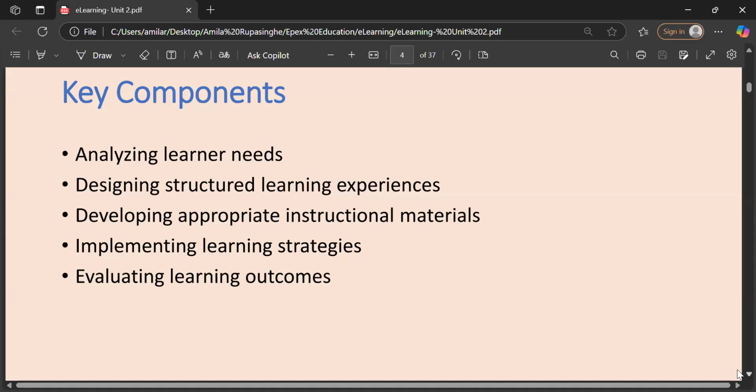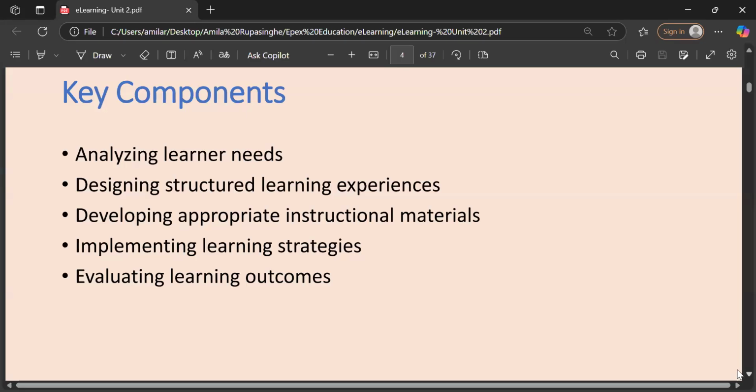Even in e-learning, we have to develop appropriate instructional materials, right? If we have the material, then we can recommend that. We can ask the students to refer, we can share the material, we can show it on the screen, right? So these appropriate instructional materials are also another key component. Then we have to implement learning strategies. That is also very important.